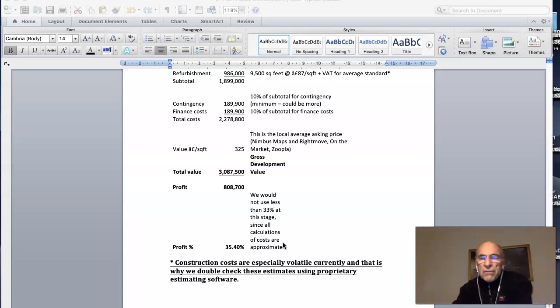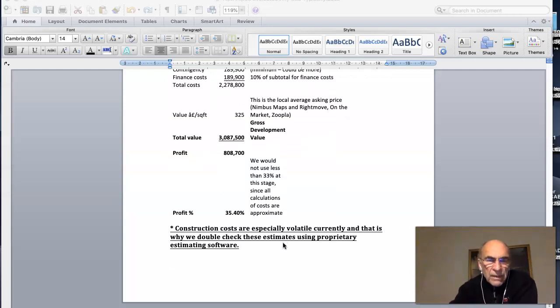If you're not investing your own funds, if you're investing other people's money, then provided they're getting the percentage that they require, it may be well worth doing the development, because you may have none of your own money in there and you're able to make money from the development. So that's a quick overview of our